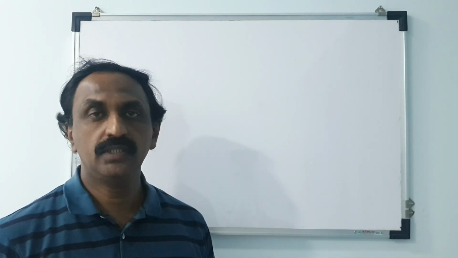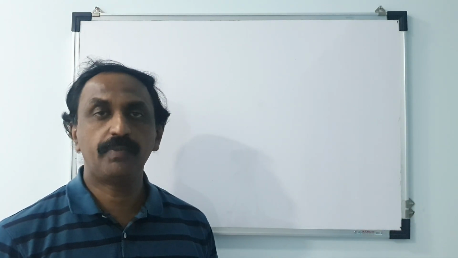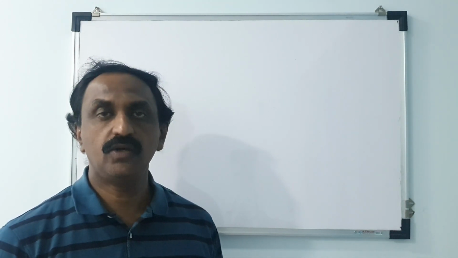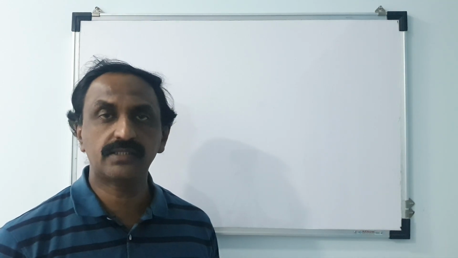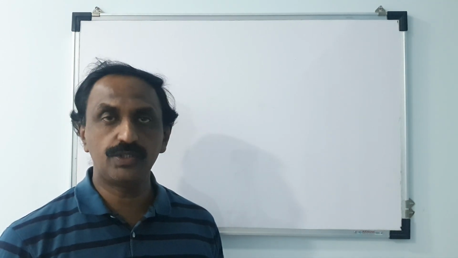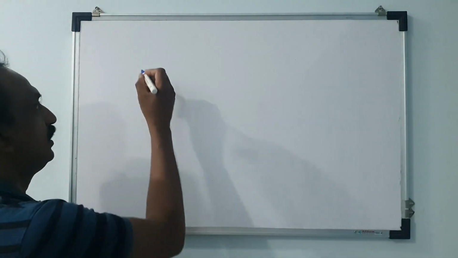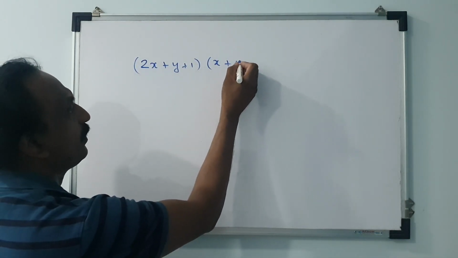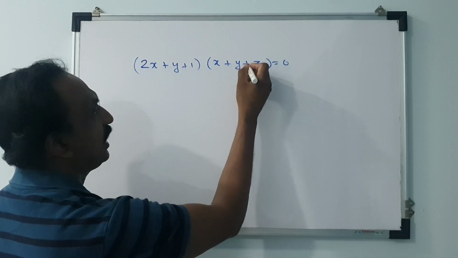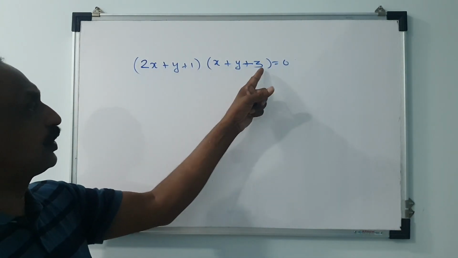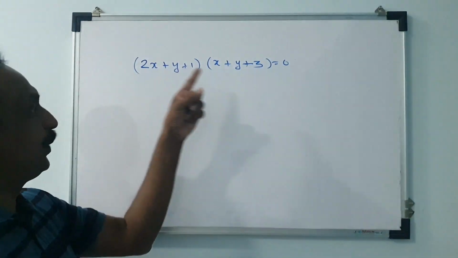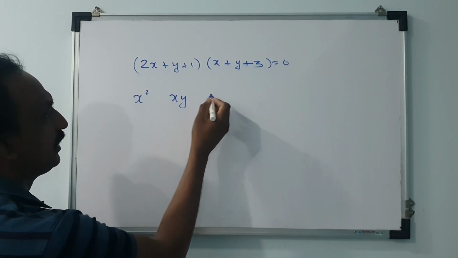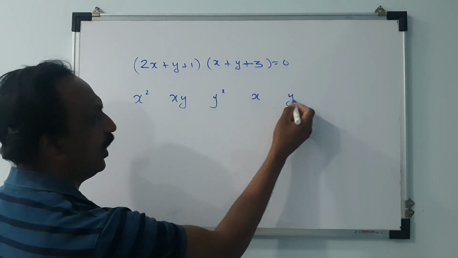We are going to talk about the combined equation of a pair of lines which may not pass through the origin. And we have seen that the combined equation of a pair of lines which may not be intersecting at the origin will be of this format. Let's say (2x + y + 1)(x + y + 3) = 0. Since the lines are not passing through the origin, there will be a constant term present in the equation. When you expand this equation, you will get terms containing x squared, xy, y squared, x, y, and a constant